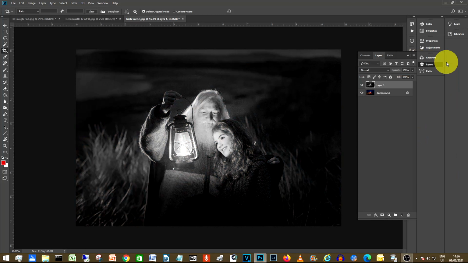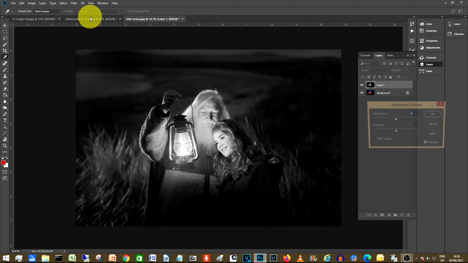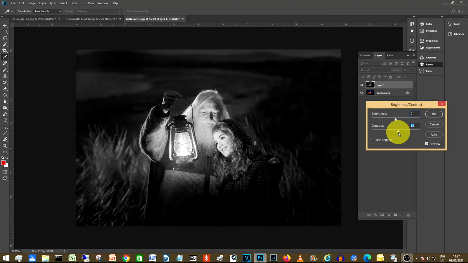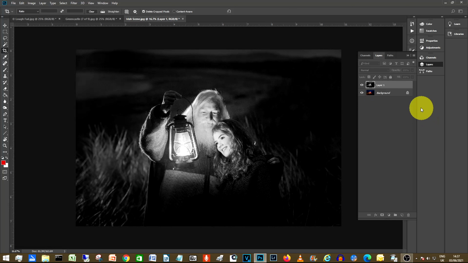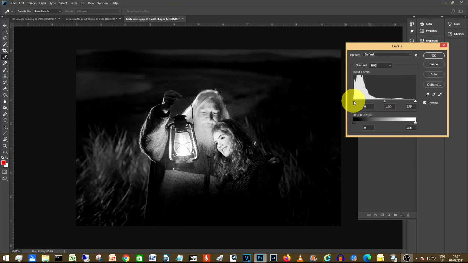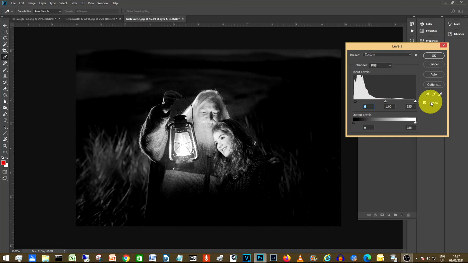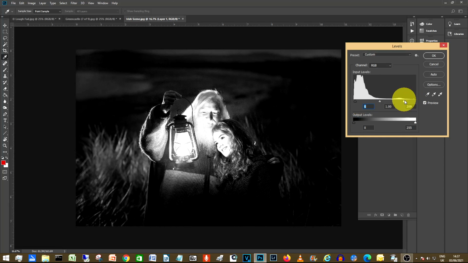Click OK. I'm going to go back up to Image again, Adjustments, Brightness and Contrast. And I'm just going to play about with the contrast on this image, I think. Give it a little bit of punch there. Again, OK. Back up to Image, Adjustments and Levels. And I'm going to play about with the shadows here. Maybe give it a tiny bit of a kick. I always tend to work with the shadows, the very dark parts first, and then the highlights. Say like that. And then what I do then is I always work with the mid-tones, just around that. So I think if we leave it at that there,